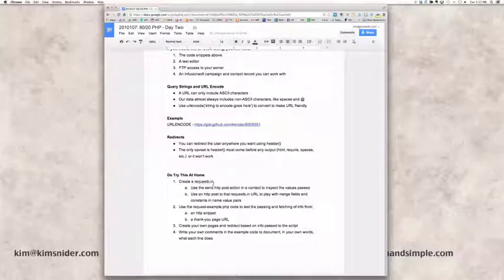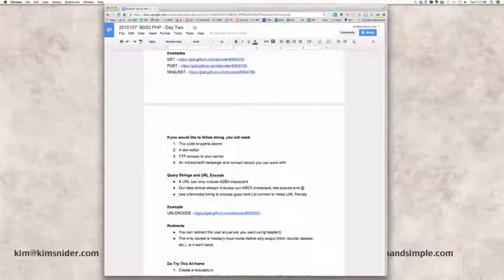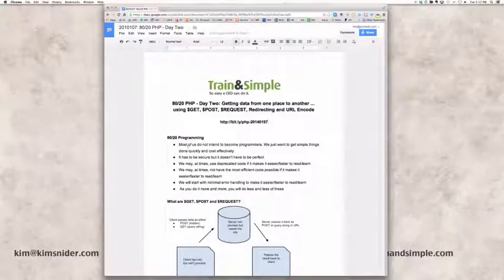Go ahead and pull those up, and then also go ahead and get your FTP client and your text editor ready to go. None of this is going to be hugely involved, but for those of you who are hands-on